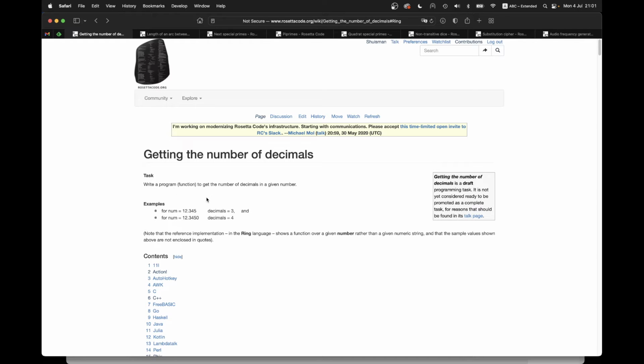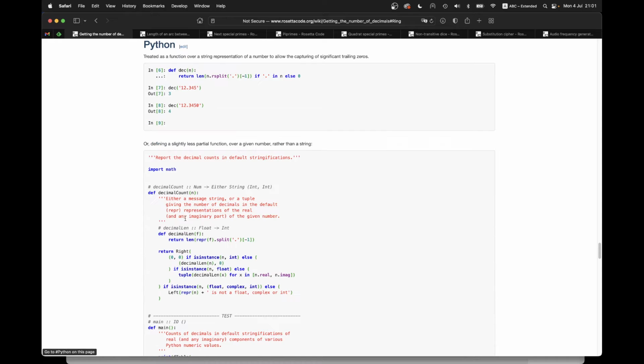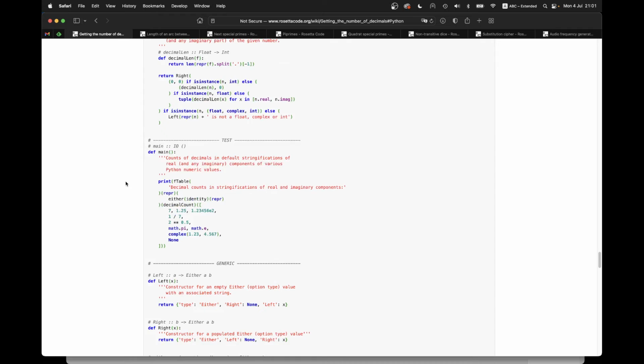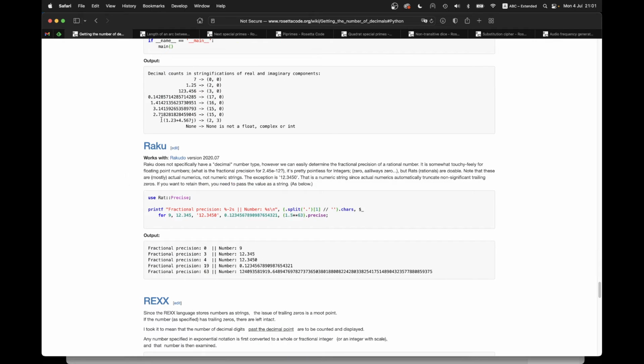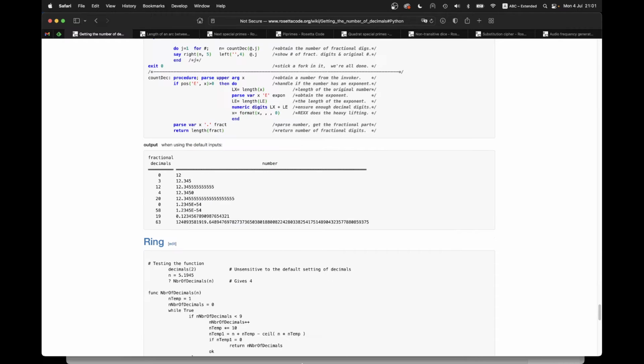I just selected these by title, but I didn't really read them yet in detail. Write a program or function to get the number of decimals in a given number. For num equals blah, decimal equals 3. For num equals blah, decimal equals 4. Note that the reference implementation in the ring language shows a function over a given number rather than a given numeric string, and that the sample values shown above are not enclosed in quotes. So what do people do? Python. So Python uses quotes. So it doesn't really use numbers, but it uses quotes. So I think,